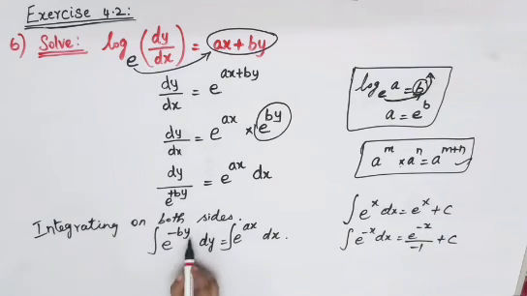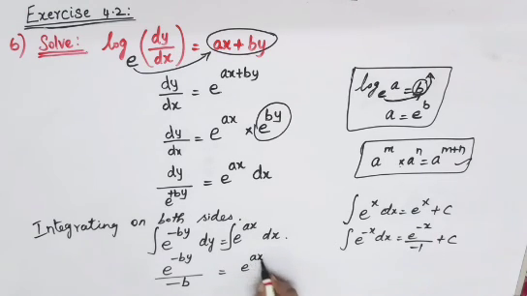So in the place of, that is the coefficient of y, here it is minus b. So what you will have to write, e power minus by will be there as it is. This instead of this term, this is there as it is. Divided by, what is the coefficient of y is minus b. So minus b will come to the denominator. That is your integral. Towards your right hand side, so e power ax will be there as it is. Coefficient of ax is a. So divided by a plus c. So this is your answer for your 6th question.